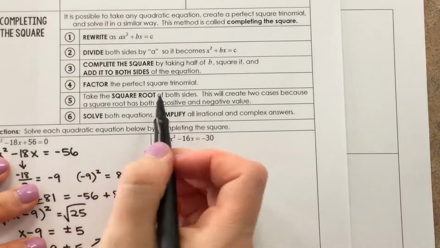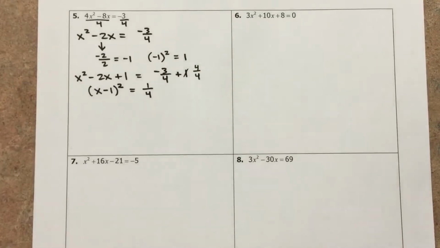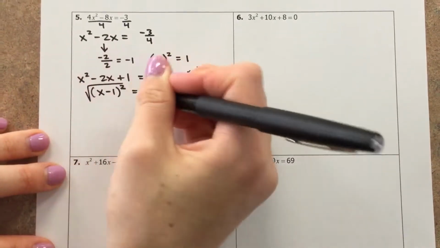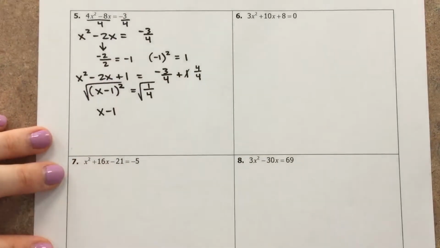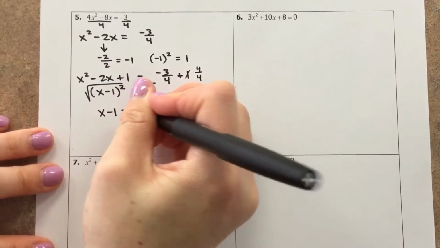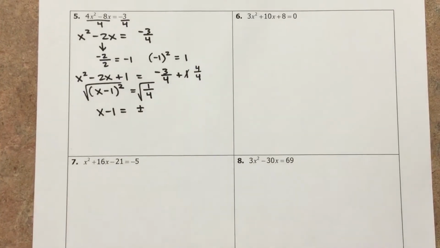Step number 5, take the square root of both sides. We should have a plus or minus. So square root here, square root here. This is now just an x minus 1. And we have our reminder that this is supposed to be a plus or minus, and take the square root